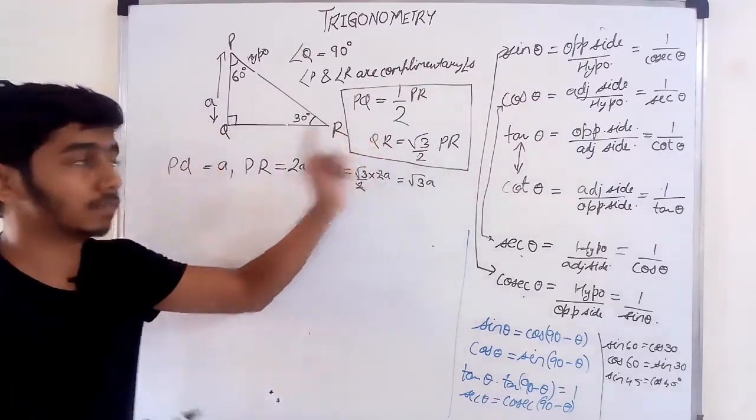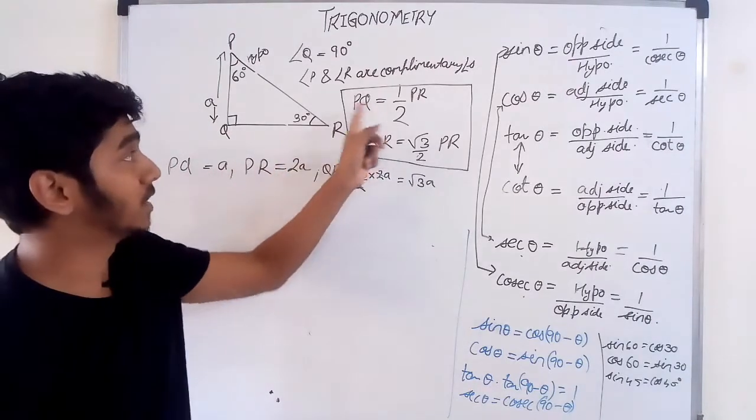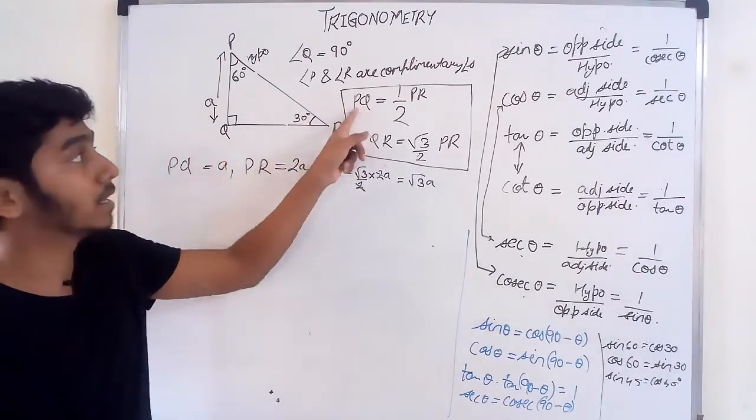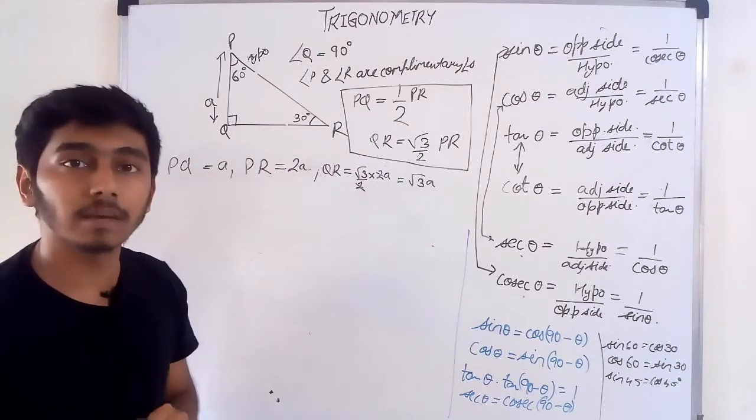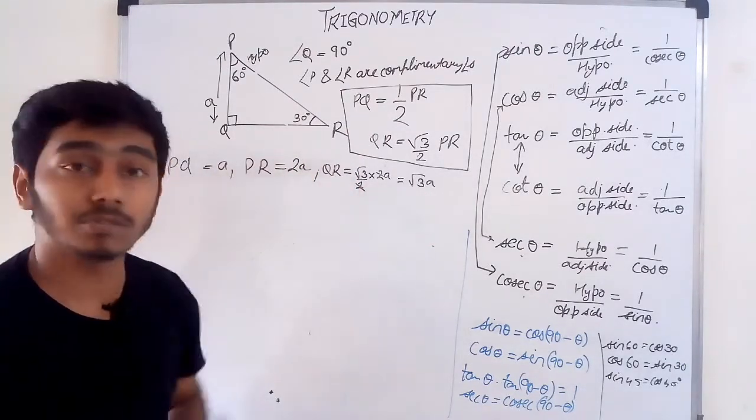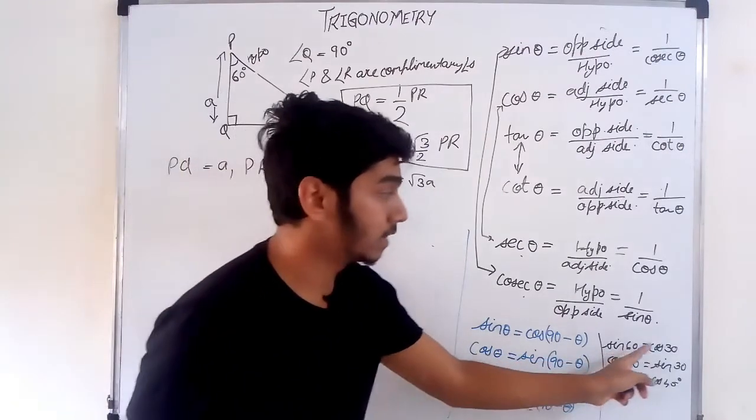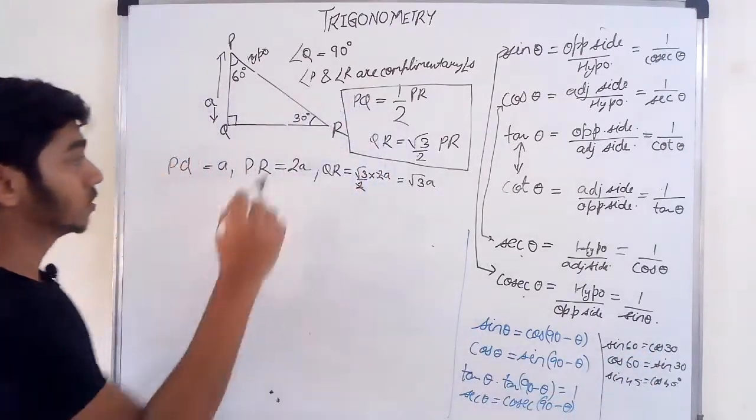Okay, this is the theorem. So while substituting, when you put PQ as A, you get PR as 2A and QR as root 3A, right? So I hope you have understood this. Now we are finding sine 30, cos 30 and all, okay? So let's find